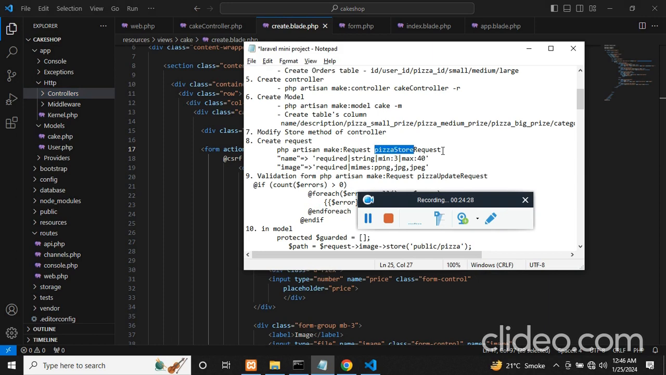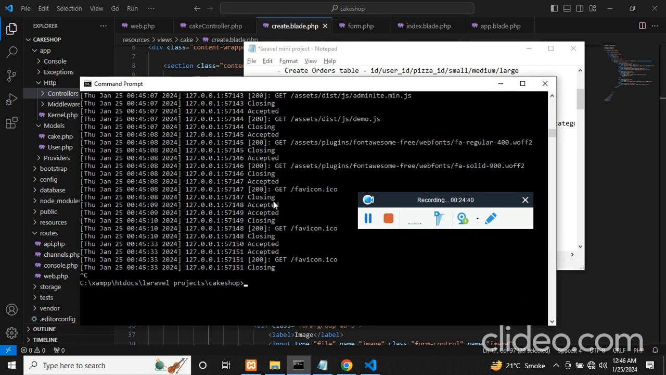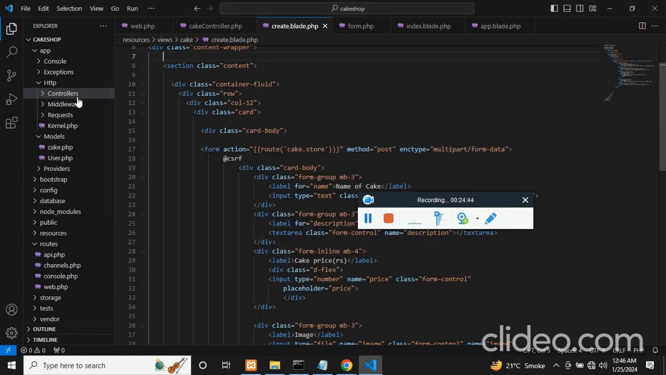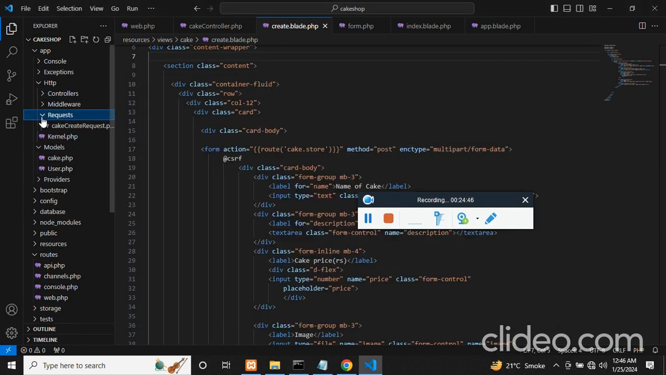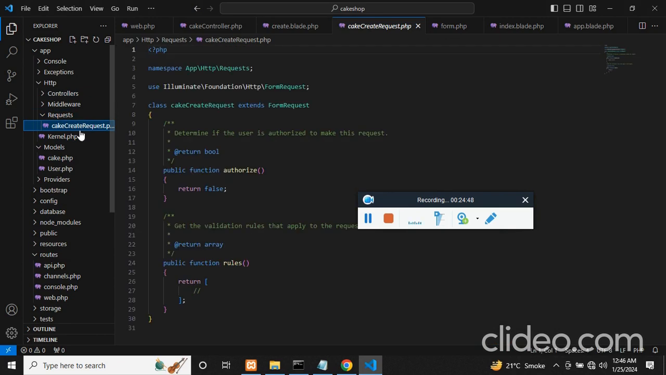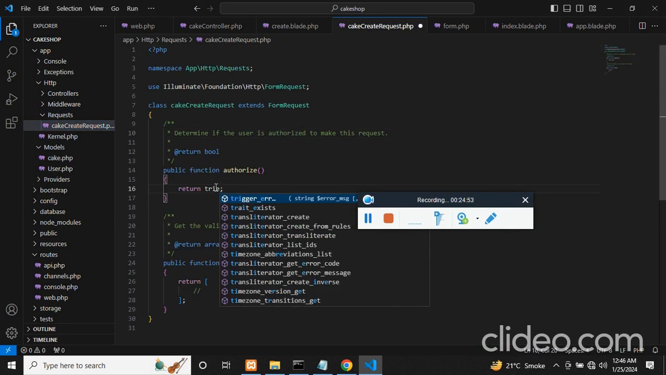The first request is for creating a cake, so it's the create request, naming it properly, and the next request will be update. We'll create it once we need it. Close the server and create a request. As you click on create, you will see there's a new file. Inside the new file we have a class. So make sure this is true,